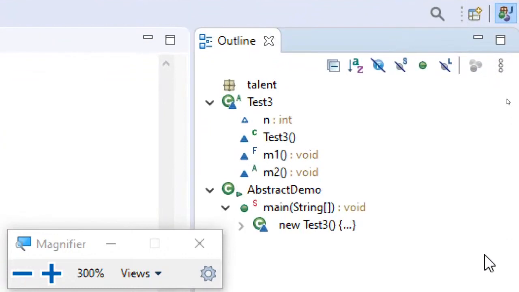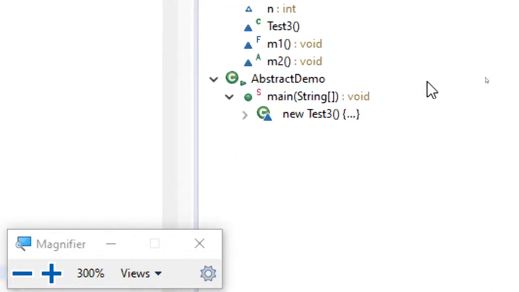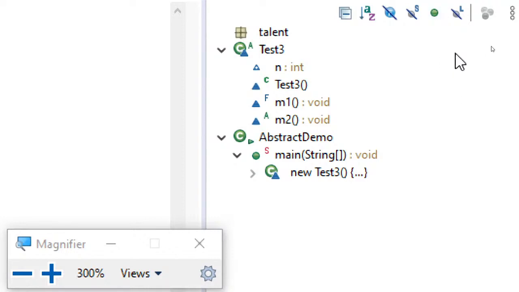In general, this outline window will show you, in image icons, the packages, the classes, the variables, the methods, all that. You just require some basic knowledge. Here you can see this symbol represents a package.